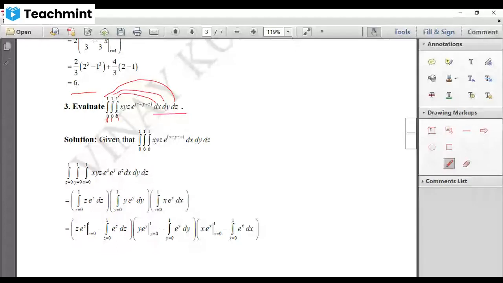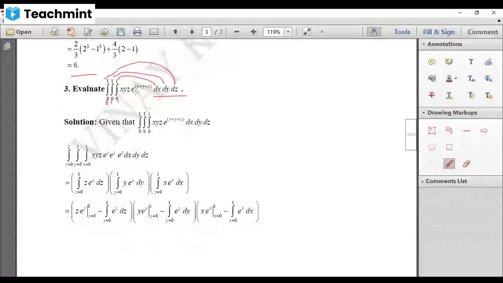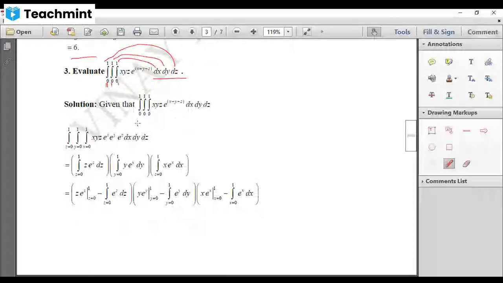If they are not constants, then you have to see the variables and take the limits accordingly. Now further, we can write e to the power of x plus y plus z as e to the power of x into e to the power of y into e to the power of z. Now instead of integrating this in an iterated fashion, we can straight away convert this into 3 ordinary definite integrals, because here x, y and z are independent and in the function also, it is possible to separate the variables, right?